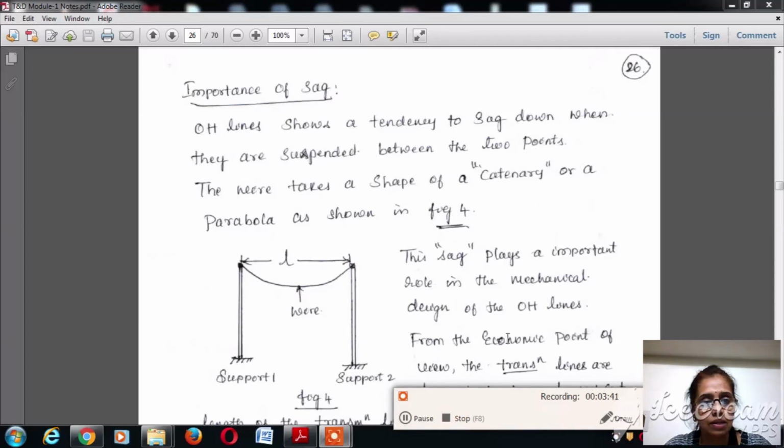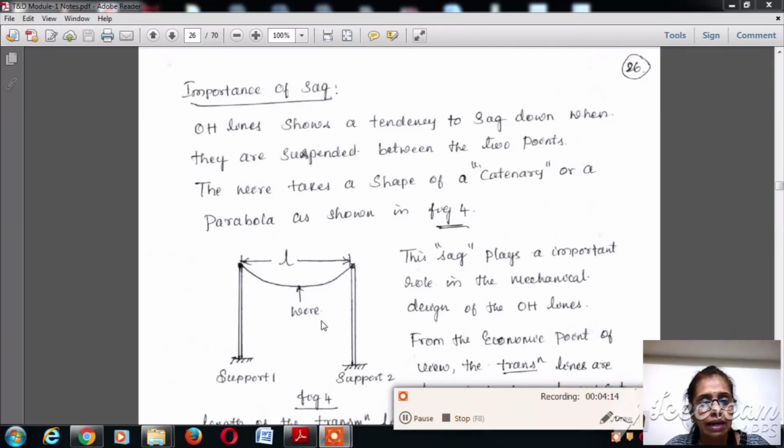So let us understand there are two poles, and the wire is suspended between the two tips of the poles. Let's consider this as support 1, and this as support 2. The shape of the sag depends on the distance between the two poles as well. Overhead lines show the tendency to sag down when they are suspended between the two supports, and it takes the shape of a catenary or a parabola. The sag plays a very important role